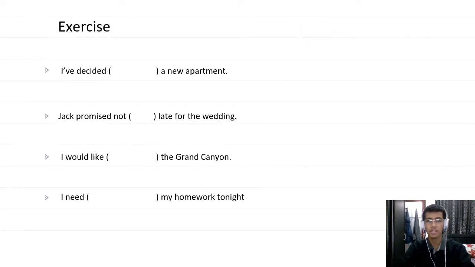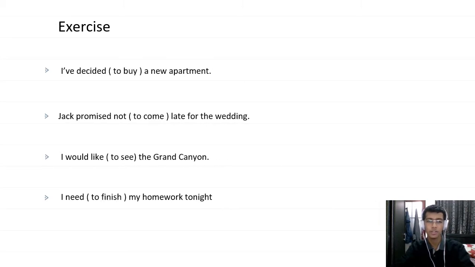This is some exercise for that type of gerund and infinitive. The first one is: I've decided a new apartment. Jack promised not late for the wedding. I would like the Grand Canyon. I need my home tonight. The first one is